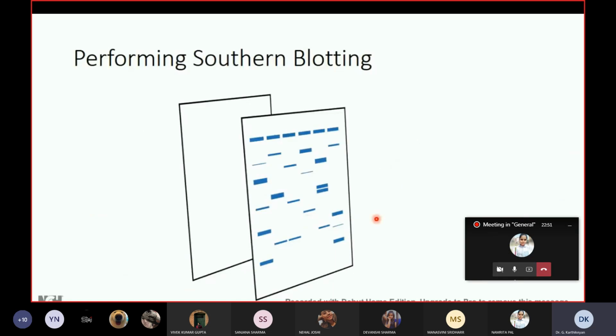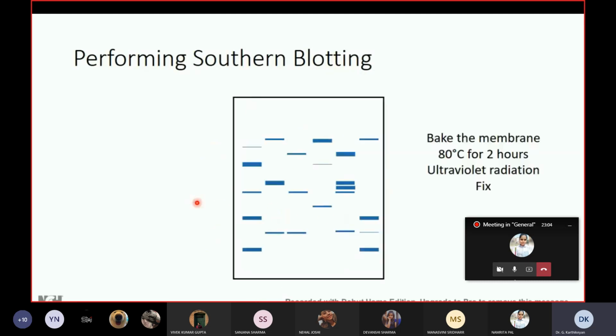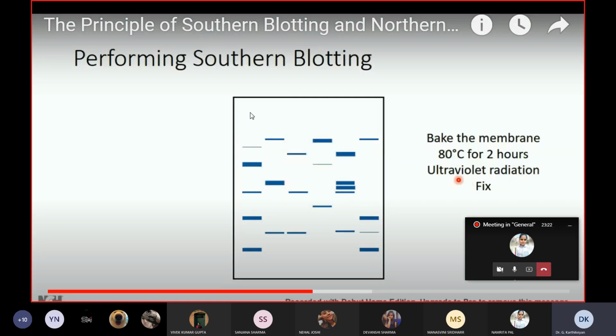So this is the gel, this is the membrane, and when the water passes through the gel to the membrane, the DNA samples are transferred from the gel to the membrane. And then I will have the membrane. What I should do is bake the membrane at 80 degrees Celsius for 2 hours, or apply ultraviolet radiation to fix the DNA sequences on it. So both,